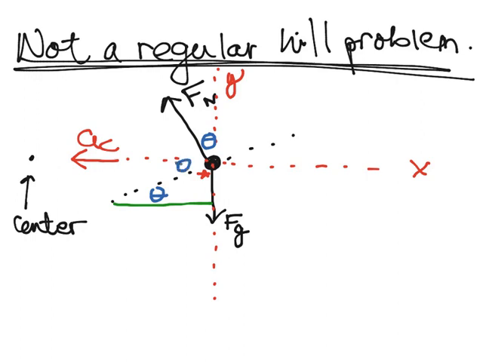Okay, here's another 90-degree angle. So this angle right here has to be star, okay, because theta plus star is 90. And then here's another 90-degree angle. And what that means is the angle between Fn and our y-axis has to be